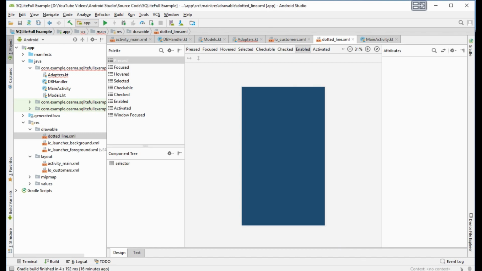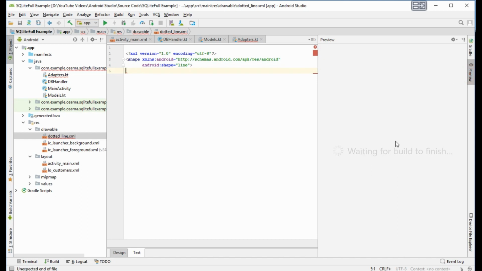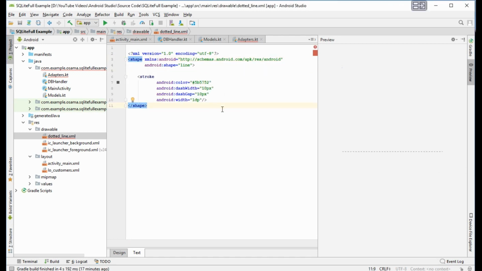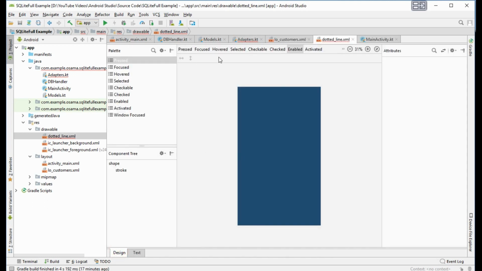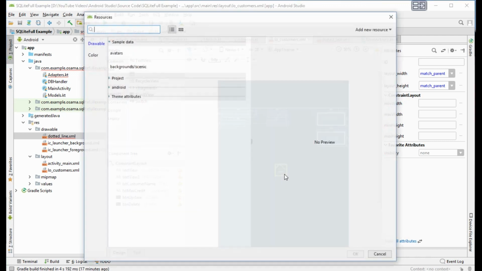Okay. We will paste this code here. Okay. This is the dotted line. And we will go back and we will add the image view.